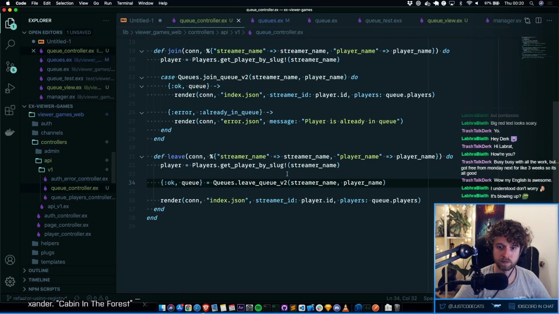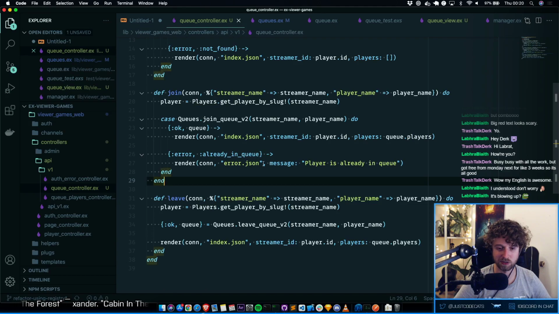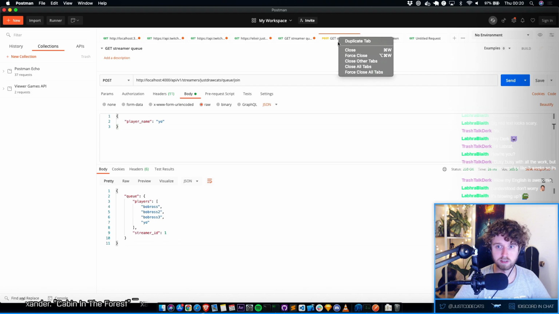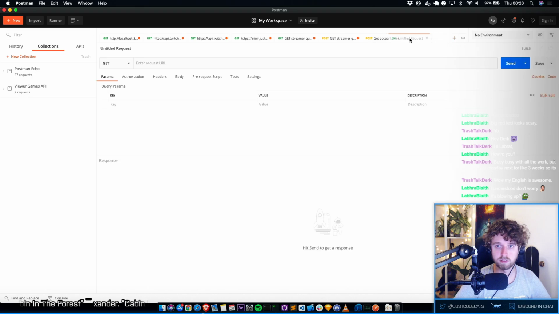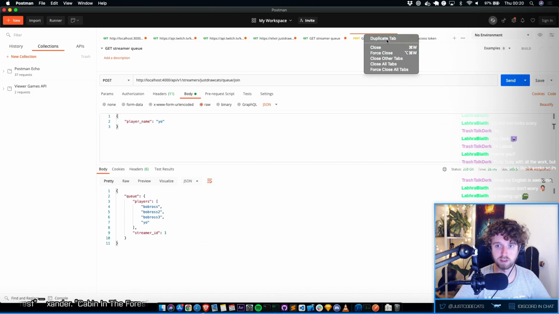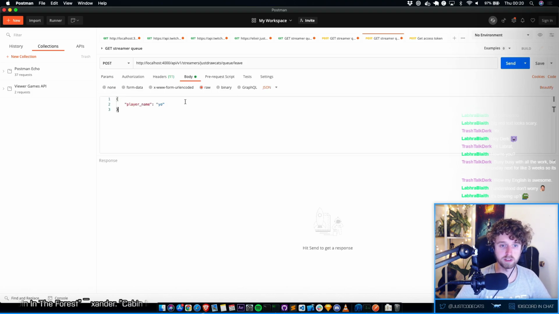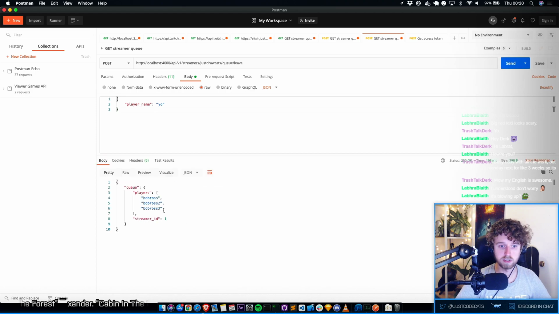Cool. Wait, the queue back queued up players. It's funny because we pull out the players on all of them. We could also just respond with the same ones. Okay, let's create a new request. I just want to duplicate it, but if I duplicate it, I cannot change the message, but let's do it anyways. Post leave with yo. And then we left with yo, and when we leave with yo again,